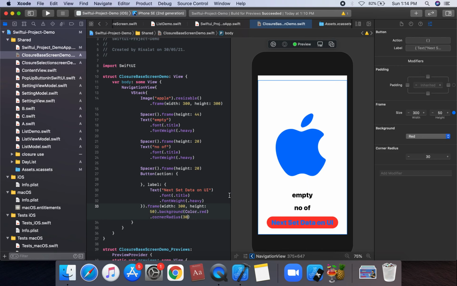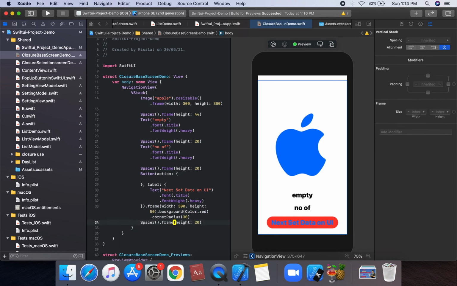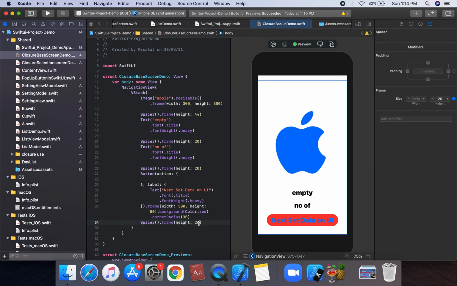We also apply a Spacer at the bottom of the VStack with a value of 44.